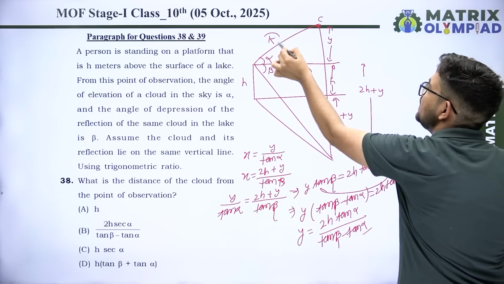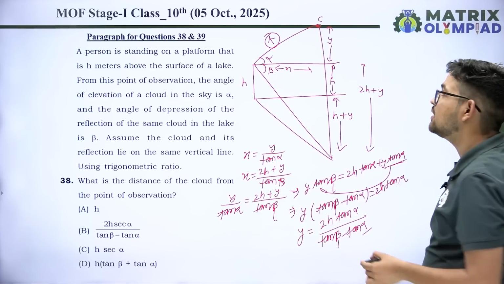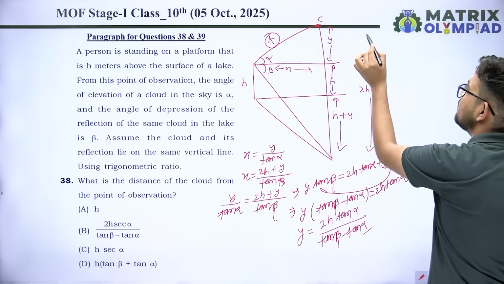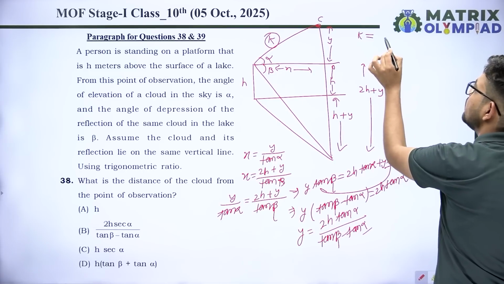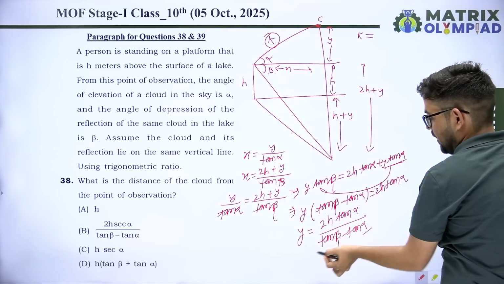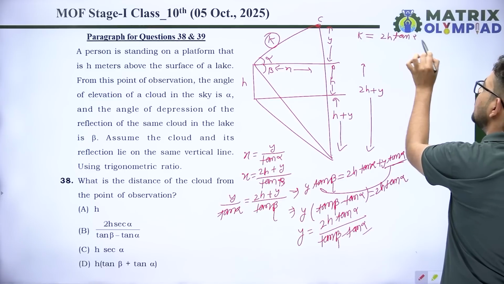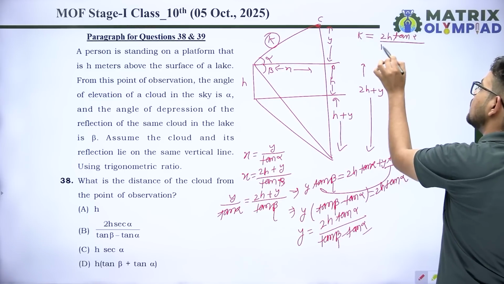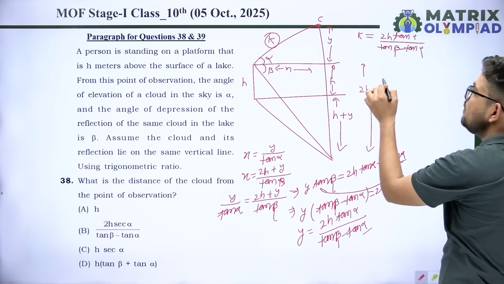अब हमें क्या चाहिए, hypotenuse चाहिए। तो hypotenuse और perpendicular के बीच का relation होता है sine theta। तो यहाँ से आपके पास में hypotenuse हो जाएगा perpendicular, मतलब y निकाला, क्या आया, 2h tan alpha upon tan beta minus tan alpha upon sin alpha।